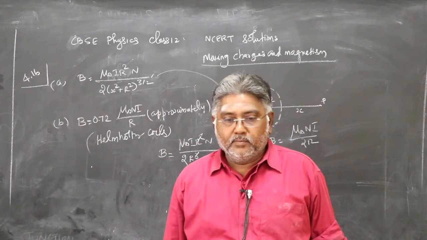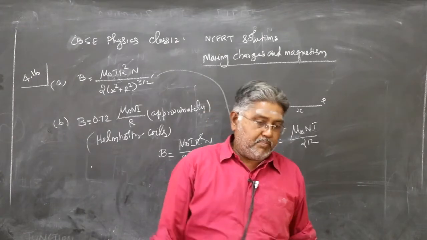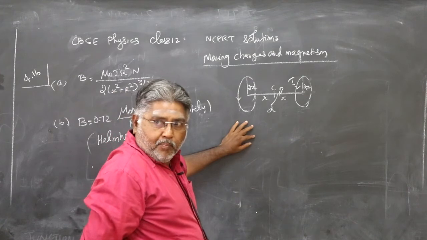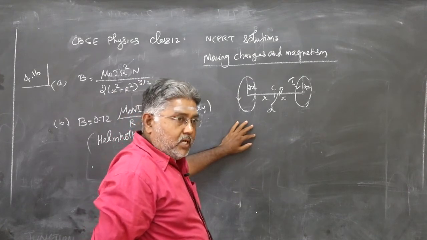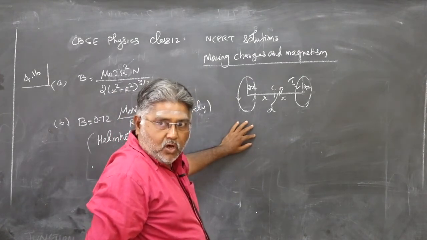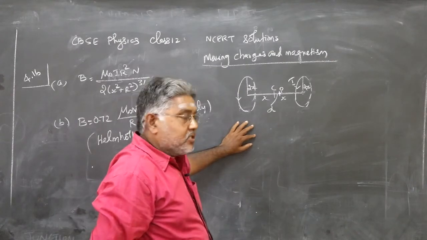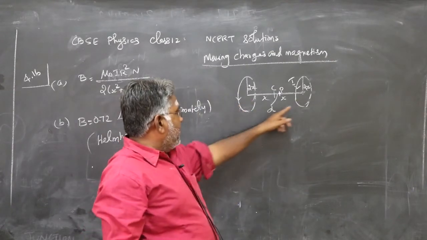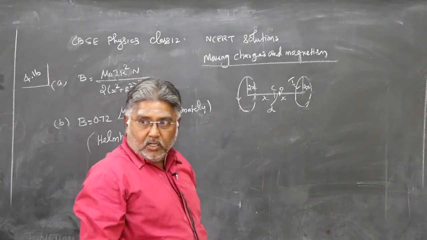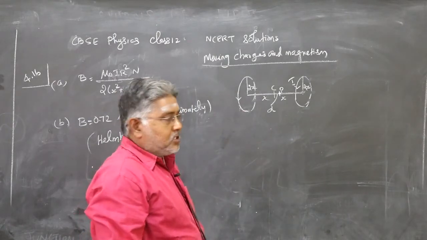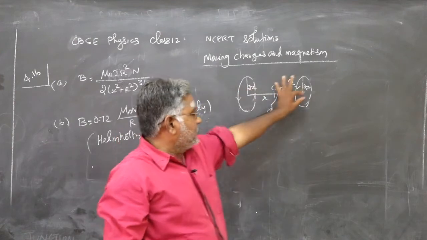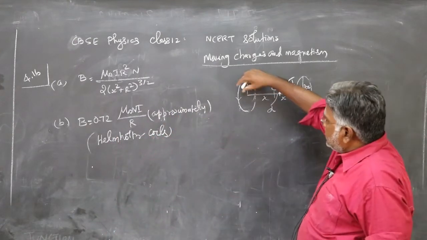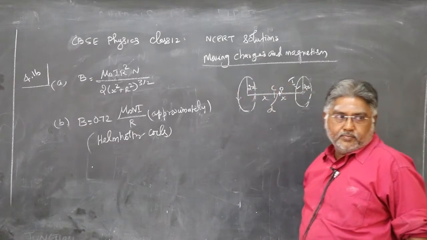Okay, we'll go to the second subdivision now. Two parallel coaxial circular coils of n turns are shown here. Even though the diagram indicates that it is a single turn of the coil, let's assume there are n turns in this, just for the clarity of the picture. There are n turns in this.